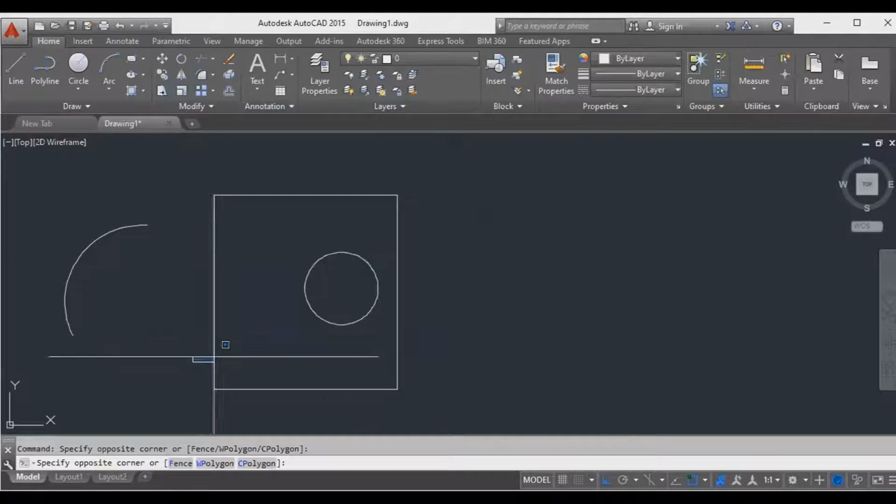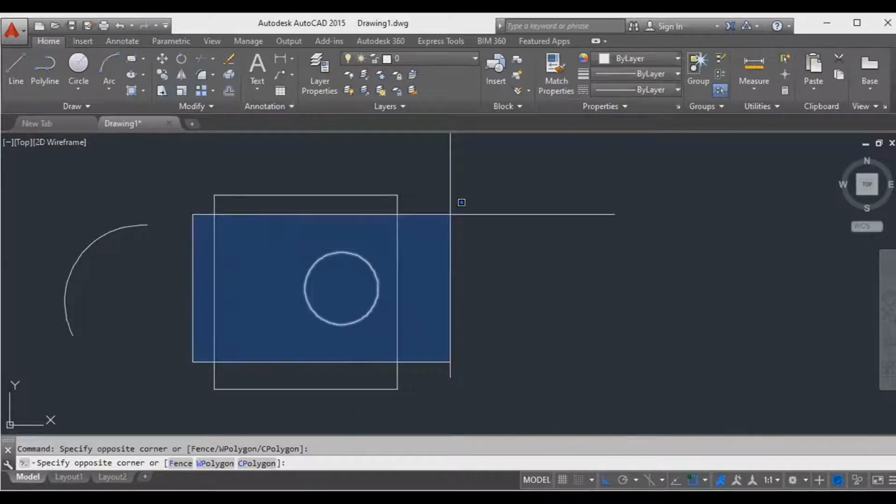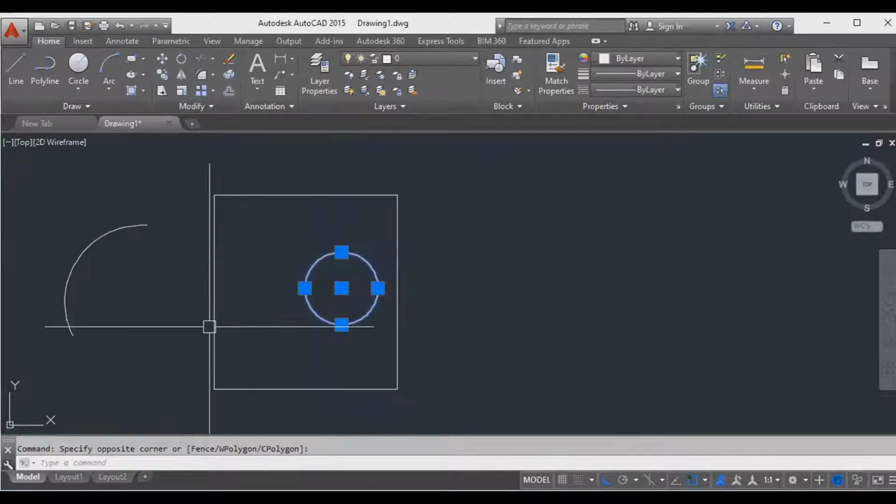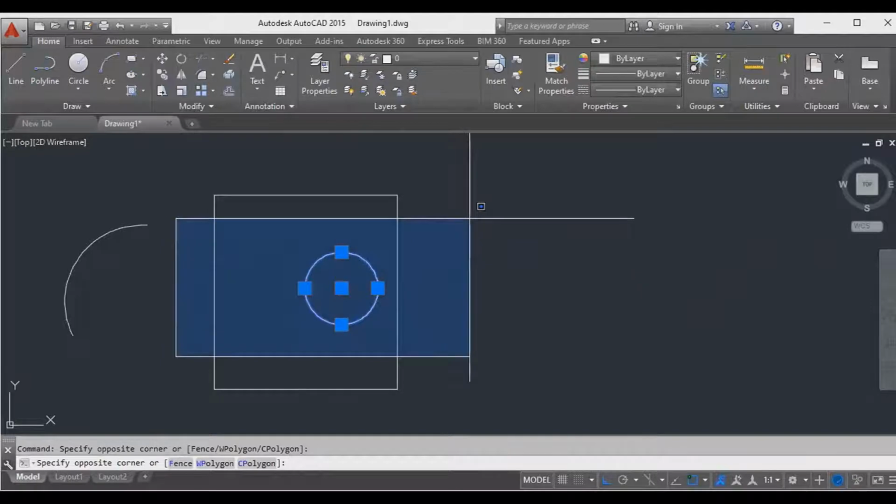If you choose from left corner to the right with the blue window, now I'm going to click here. See, whatever object is inside the blue box, only that object is selected. This is called open window.